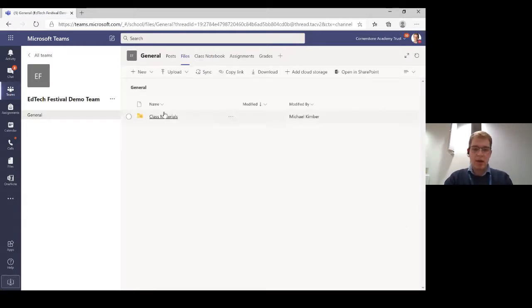So we can pop class materials in there, which is a sort of default one. You can lock folders in here so that students can't access or potentially edit them, but it's very easy to add things. You just go up here, you can add new documents, you can add a new folder,